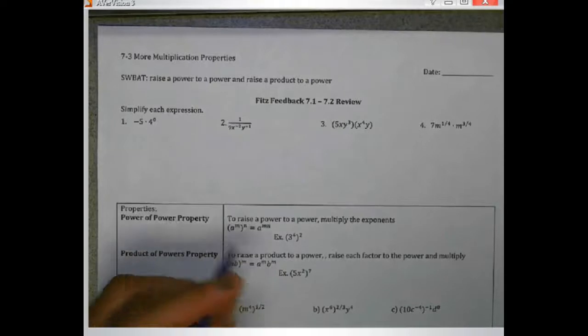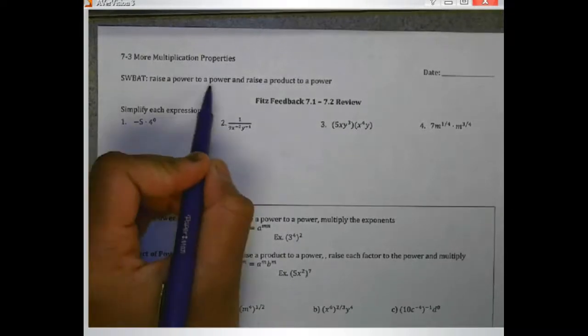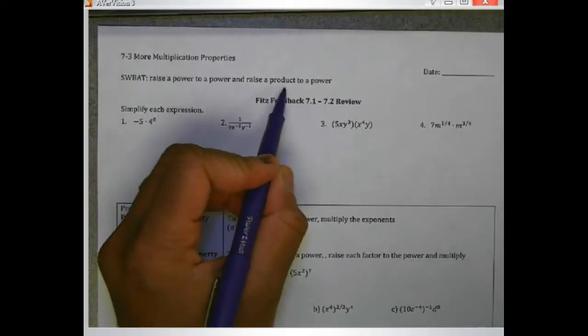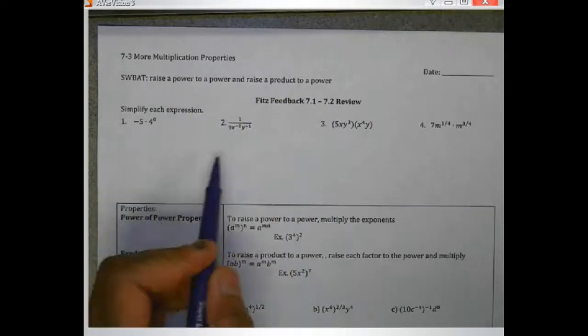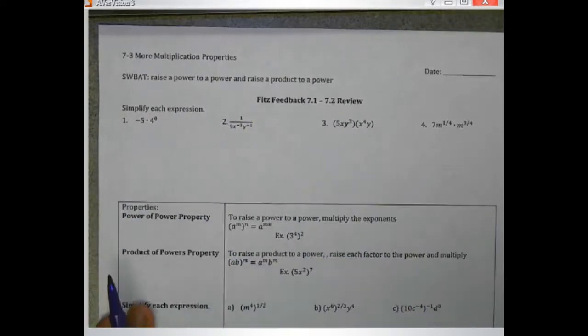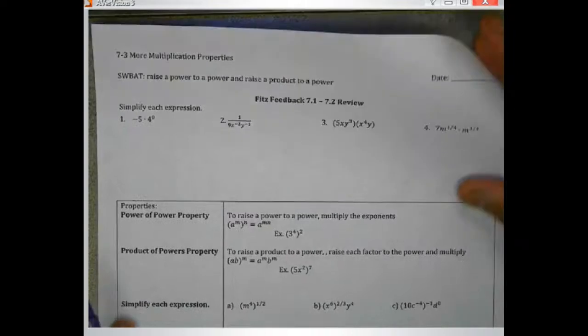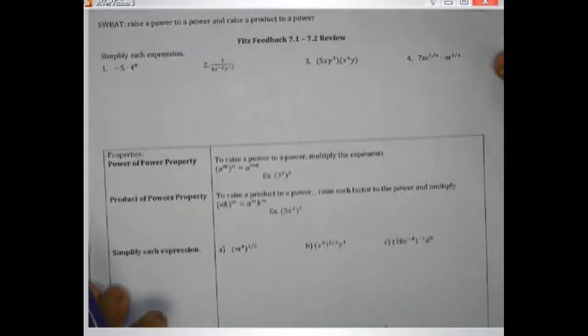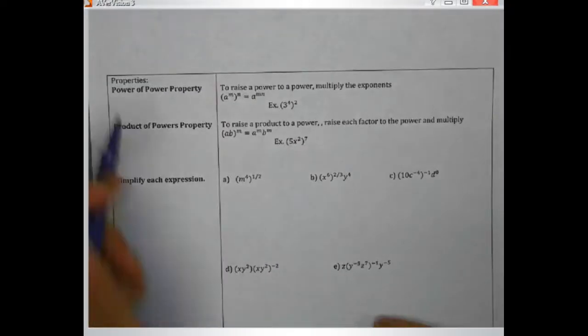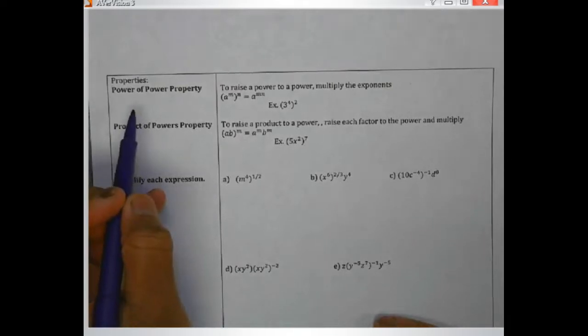Our SWABAT is to raise a power to a power and raise a product to a power. We've done our fits feedback in class, hopefully you did yours, and now we're going to discuss these two new properties for today. So the first one that we're going to be looking at is the power of a power